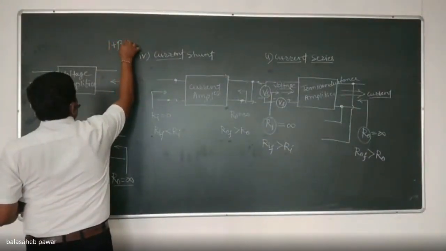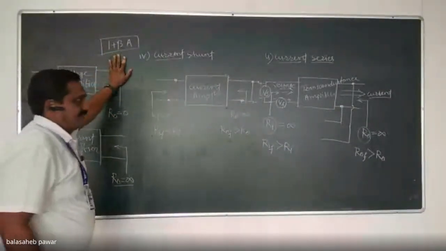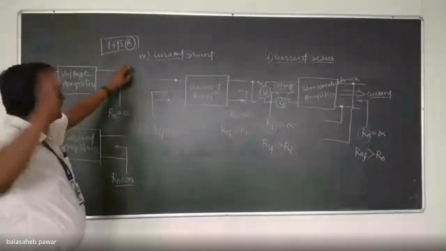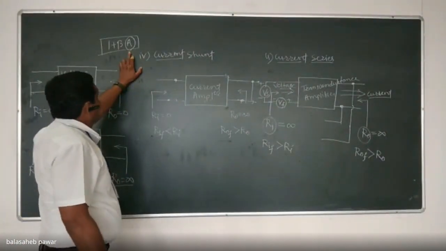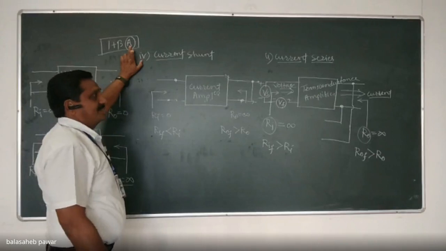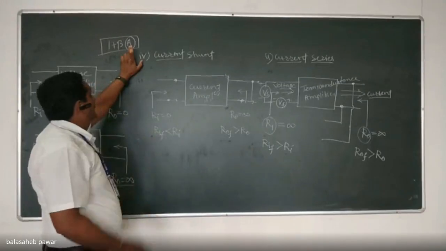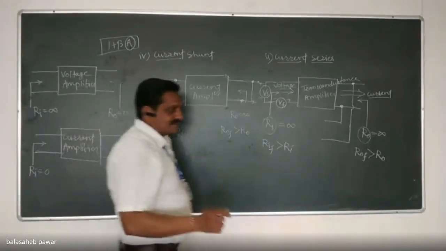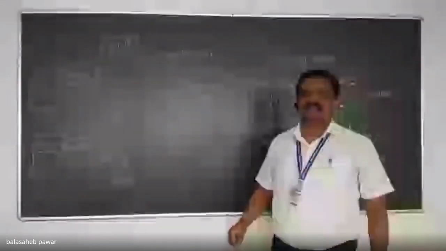So in general, I will write it as 1 plus beta A. That is nothing but D, the sensitivity of that amplifier. So this A will depend on the type of topology. Type of topology means what? If the basic amplifier is a voltage amplifier, then it will be AV. If it is a transconductance amplifier, then it will be GM. If it is a trans resistance amplifier, then this A is RM. And if it is a current amplifier, then this A will be AI. But for all these, the term 1 plus beta times the transfer gain of the basic amplifier is denoted by capital D.